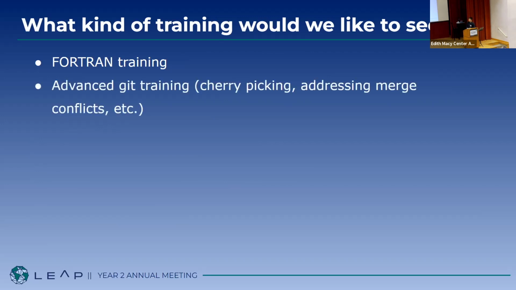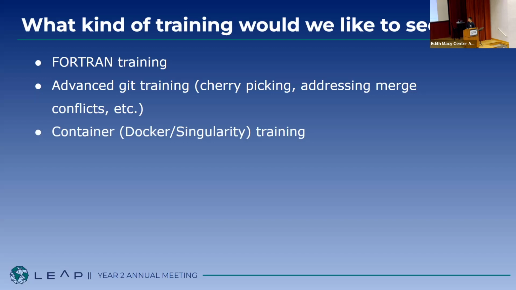Advanced Git training. This is something that people learn themselves a lot, especially if they're doing professional software engineering internships. But if we want to collaborate professionally across campuses and not have to send code back and forth, making sure we can collaborate on Git in a really efficient way is really helpful. On a similar note, making sure we can communicate with code in a way that doesn't break when we're working on different systems or different packages is really helpful. To do that, we'd probably want container training, particularly with Docker or Singularity.